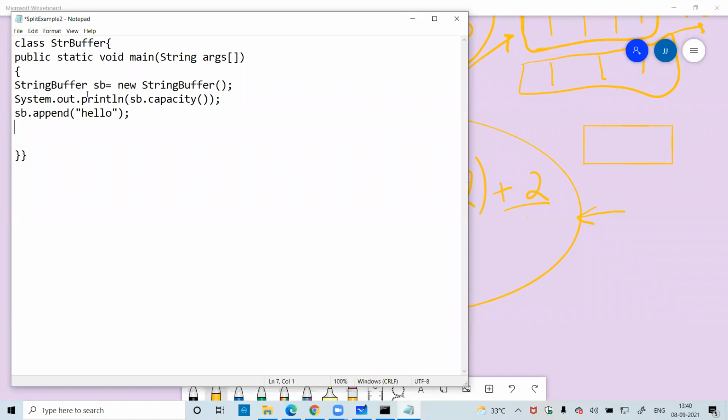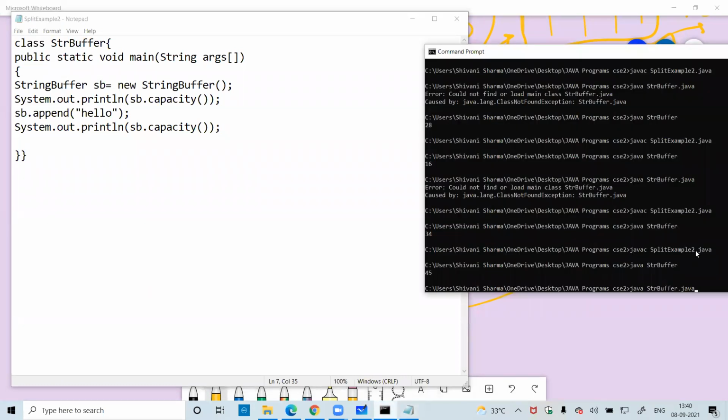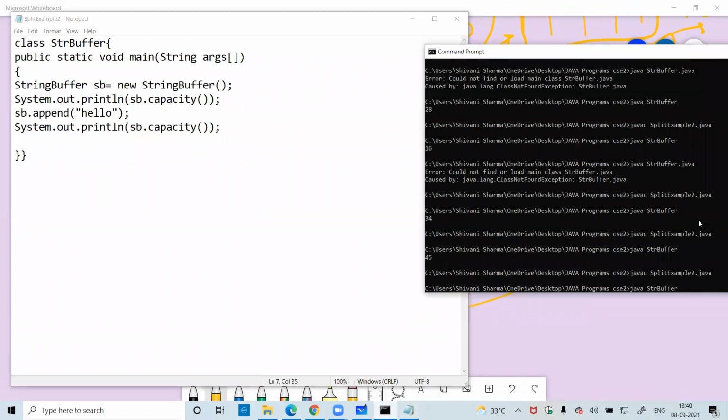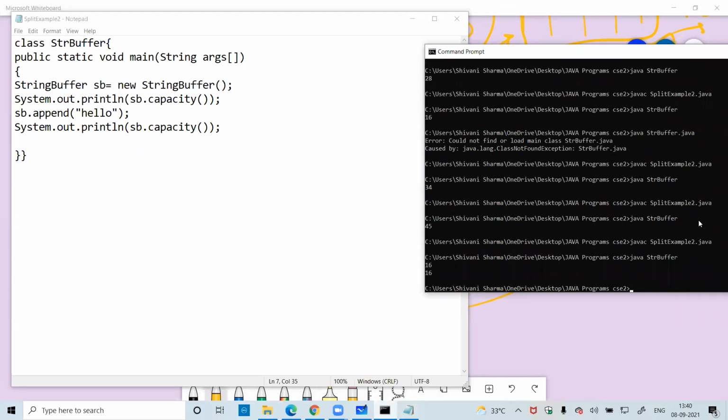Now, if I write the same line here, save the code and let's run it. The answer is 16.